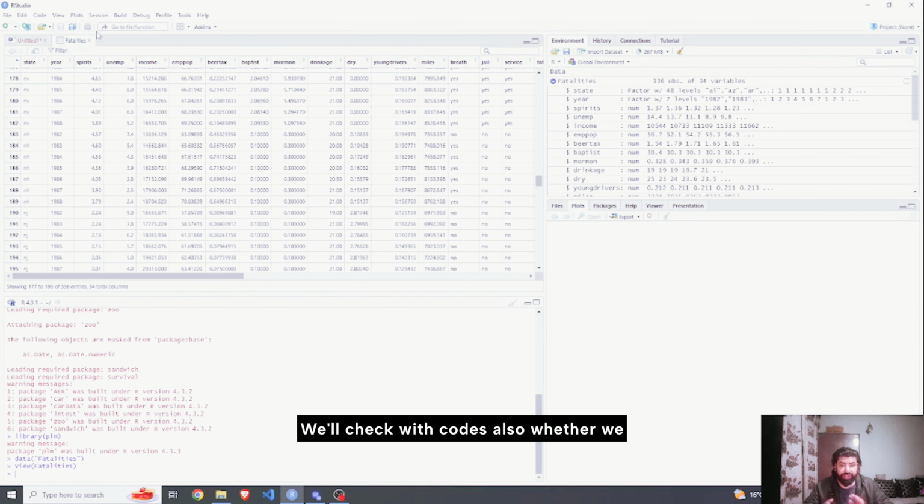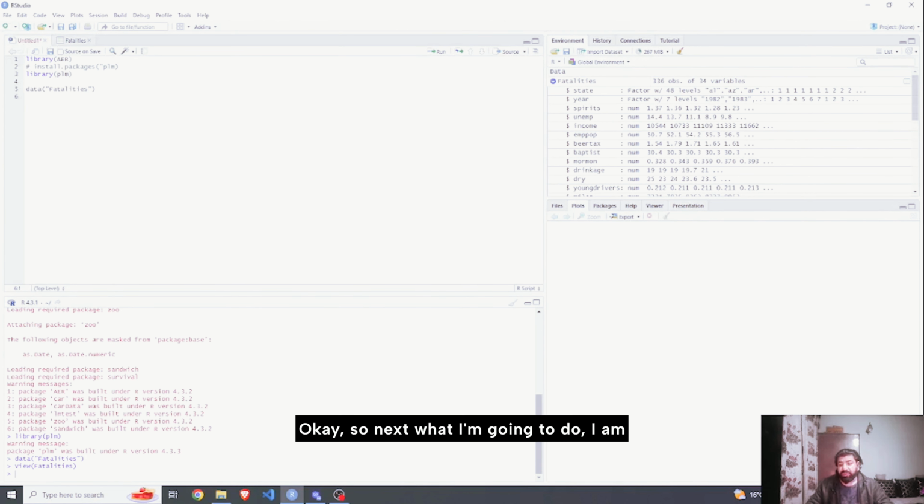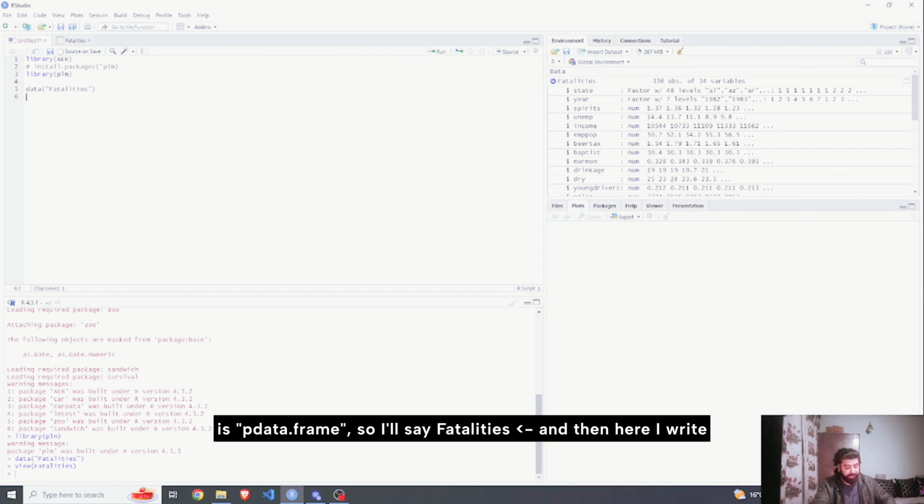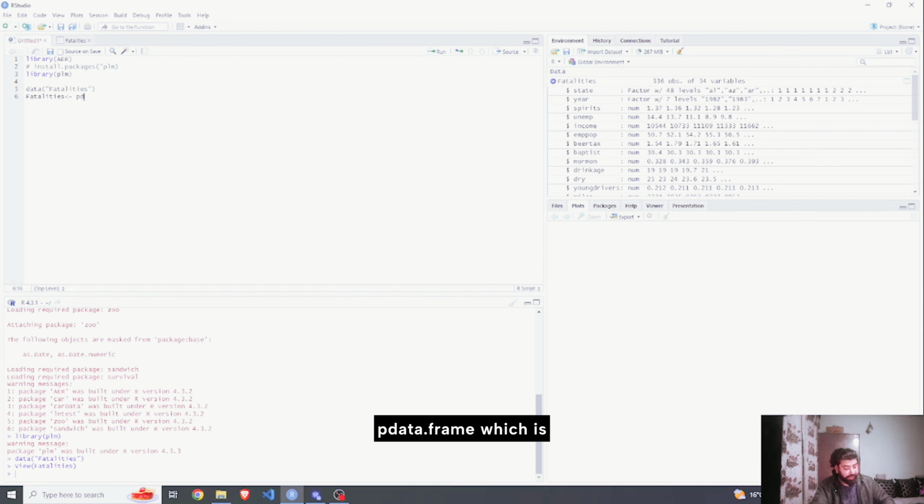We'll check with codes also whether we have any missing value or not, but I was just having a glimpse of it. Okay. So next what I'm going to do, I'm going to declare this data set as a panel data. So to declare that, there is a command which is pdata.frame. So I'll say fatalities,